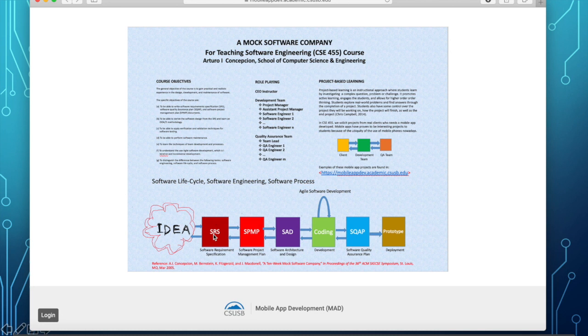The software process we will apply to the SRS is a format suggested by the IEEE standard for writing software requirement specifications. So we will follow that software process instead of an ad hoc format for the document.